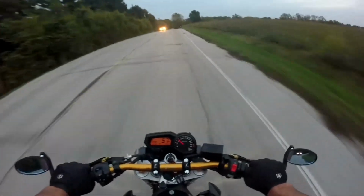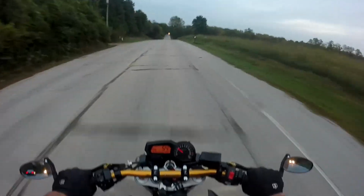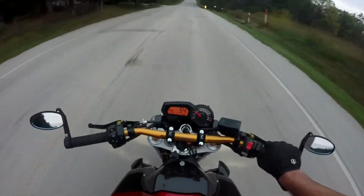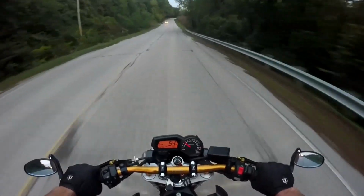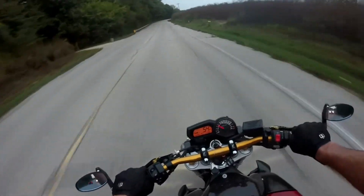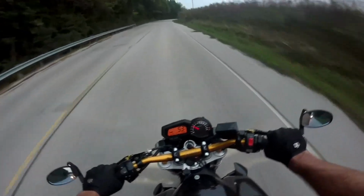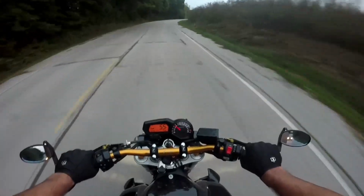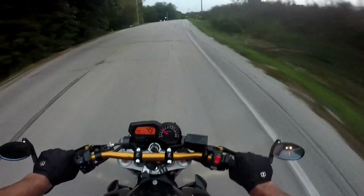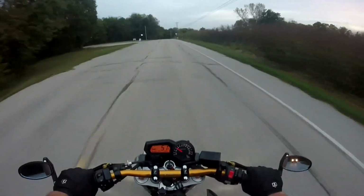Handling-wise, I'm not smart enough to say how much this differs from the KTM. It feels kind of similar, and somebody that rides a KTM is probably going to get really mad about that. But it's straight handlebars, it tips in really easy, it wants to turn, it's ready to turn, it's happy to turn. I have no complaints whatsoever about the steering. And again, it's not my bike, so I don't like to push these bikes too terribly hard. But if you're considering an FZ1,